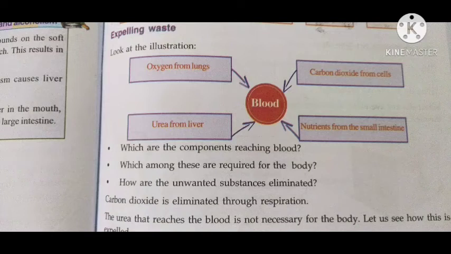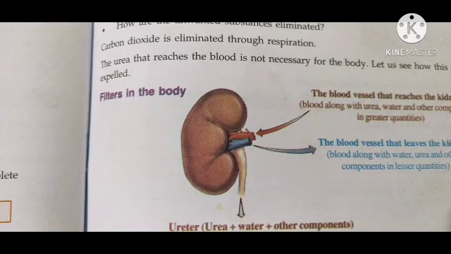Then excretion. What about excretion? What are the main excretory organs? Yes. Lungs, kidney, then skin, etc. These are all the main excretory organs. Then what about kidney? The renal artery enters into the kidney and the renal vein leads out of the kidney. Then the main excretory material is urea and is expelled through urine.